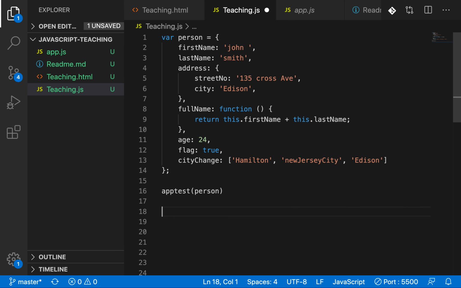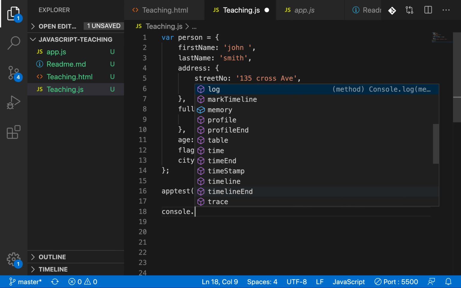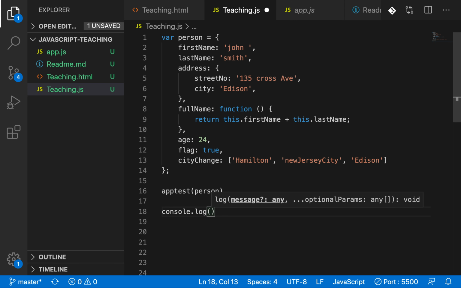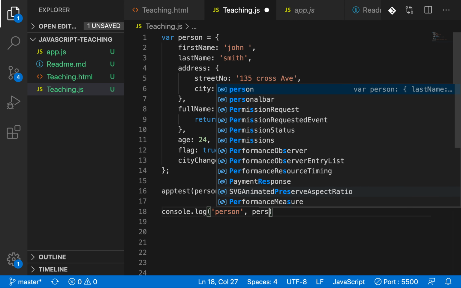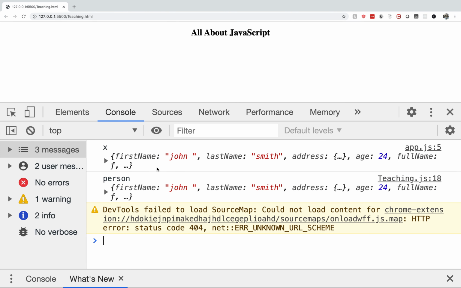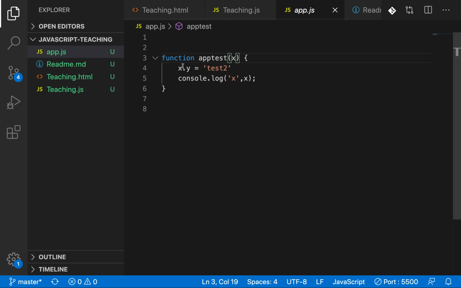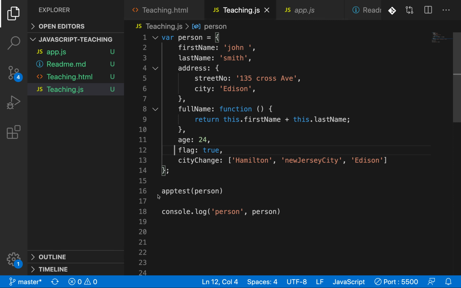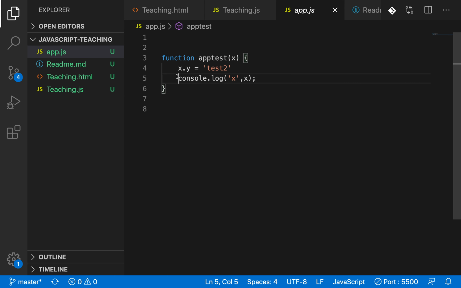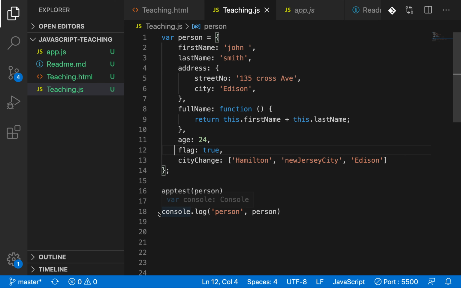Let's look into this. Console.log person. Now if you look into this, I define x, right? You understand: as I pass person, it calls this function, prints this x first, and then comes to this console log.